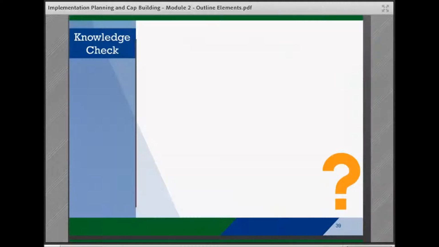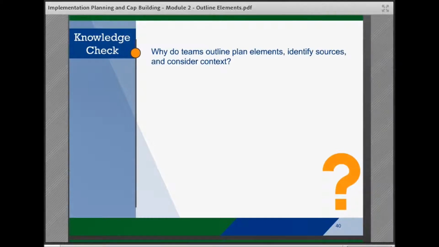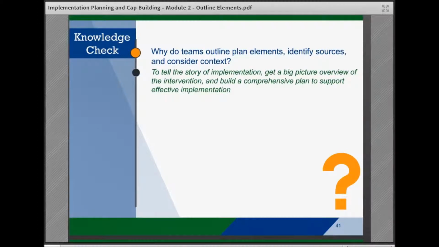Let's take a moment to check in on what you've learned about outlining implementation plan elements, identifying sources, and considering context. Why do teams outline plan elements, identify sources, and consider context? To tell the story of implementation, to get a big picture overview of the intervention, and to build a comprehensive plan to support effective implementation.